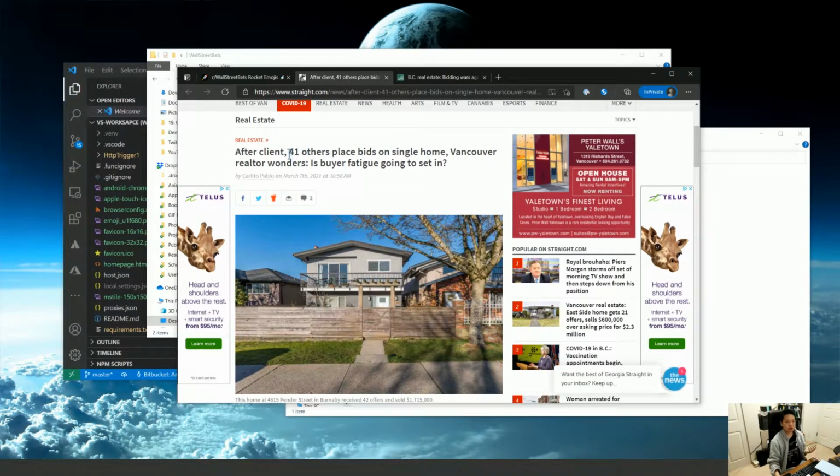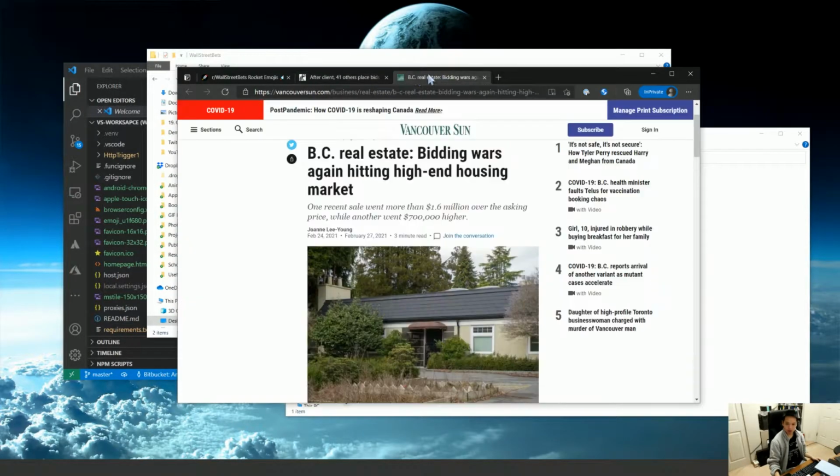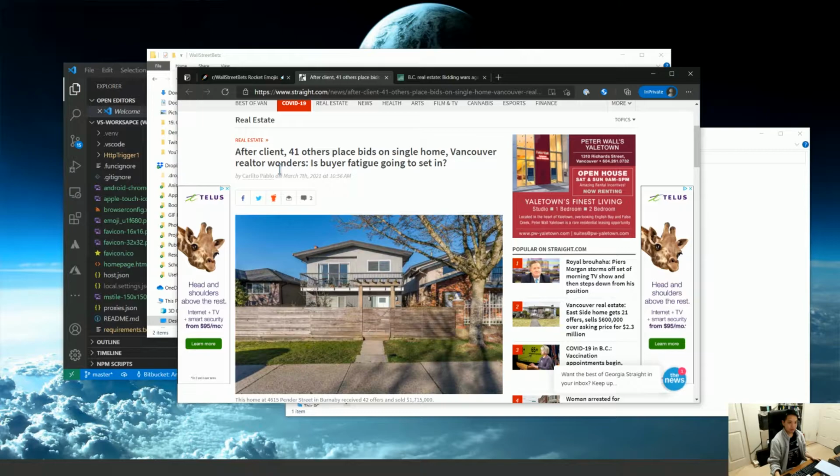If you live in North America or Canada, you'll know that Vancouver and Toronto have always been very hot cities for real estate. It's very expensive to purchase a property. But lately, and these are both very recent articles, the market has just gone nuts in Vancouver. I don't know about Toronto. I think it's true for Toronto as well. But people are just bidding and bidding and bidding up the properties in Vancouver, just buying whatever they can, whatever flaw there is with the property, they'll live with it, and you have these bidding wars.